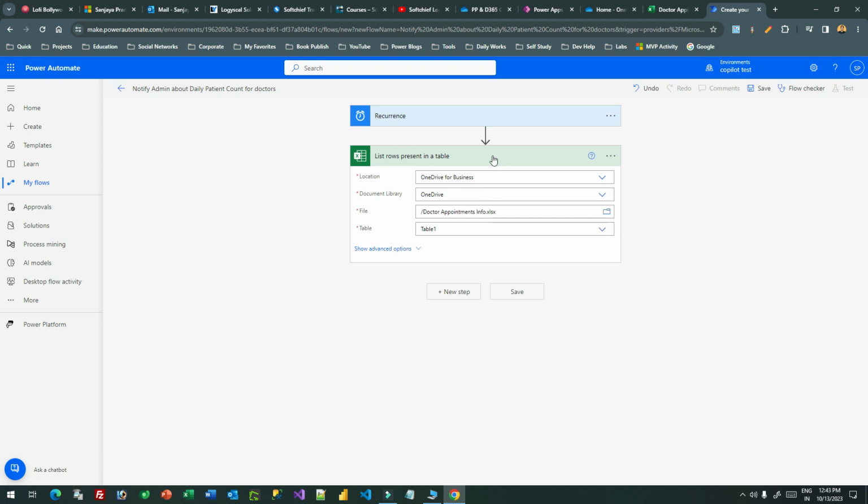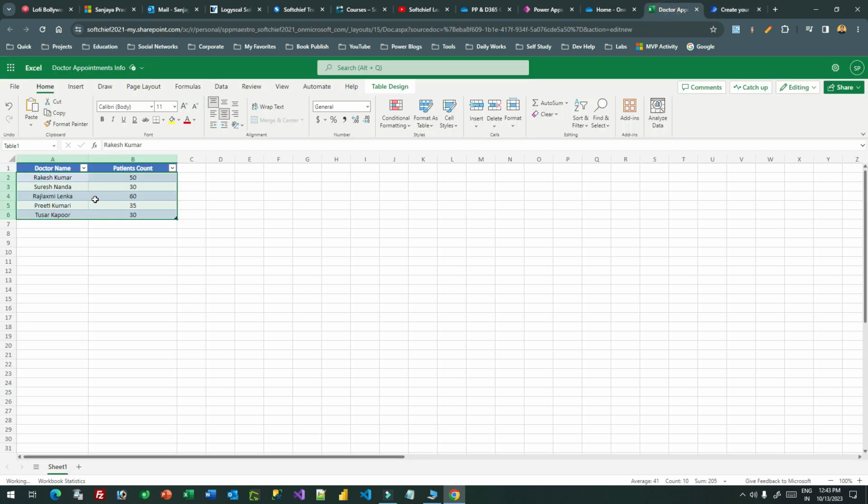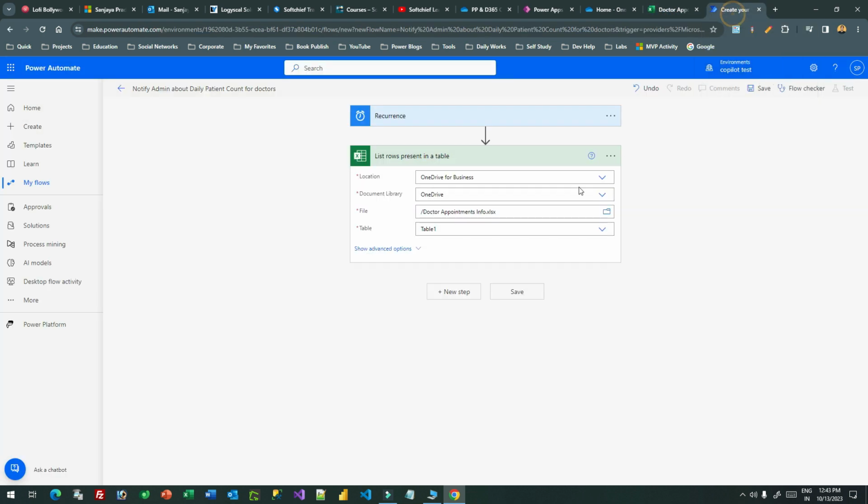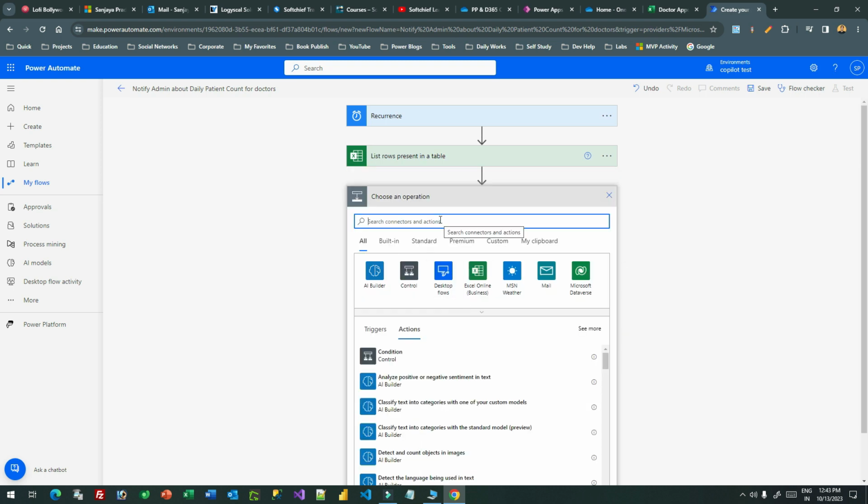Now this action step retrieves all the rows present in the table in the Excel sheet, whatever information we have here, right? So I want to get all the information from here and create an HTML table to send. So click on next step, and I want to use